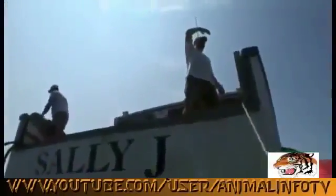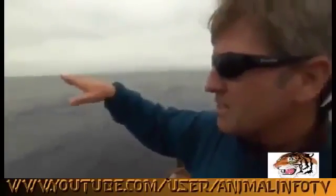We cover some area with this slick. We get it out a couple of miles. And the whole concept, of course, is you've got a shark cruising through here, if indeed there is one, and he crashes into the slick and